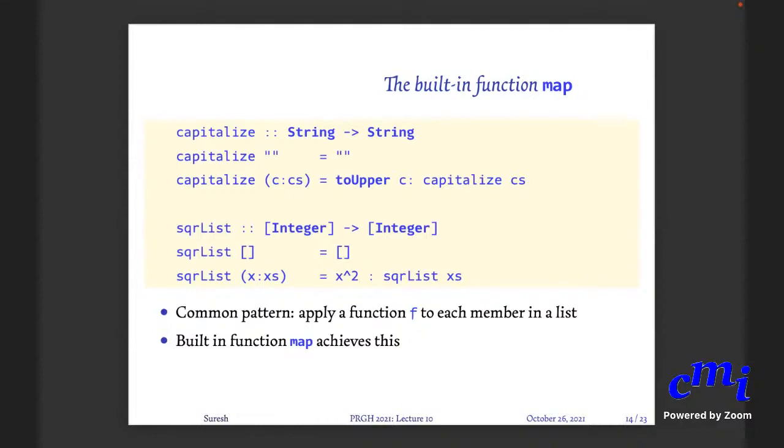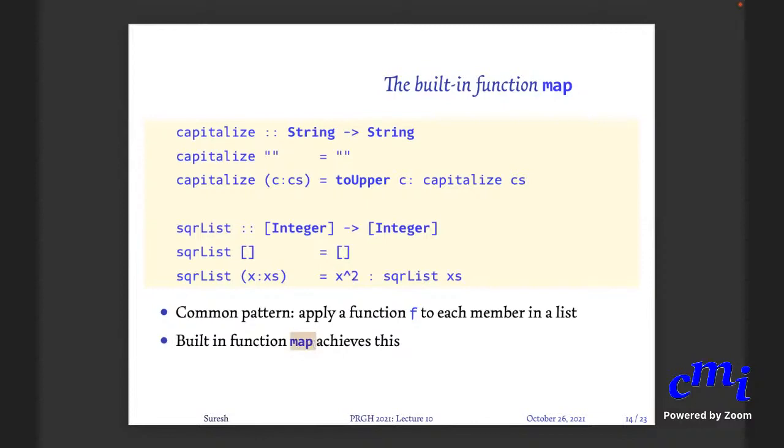recursion like this, because recursion is like programming at a very primitive level. You can write recursions, it is nice, but when you have a large program and you have a recursion in between, it might not reveal to you what precisely it is doing unless you read the code carefully. But this is a common enough pattern, and one way to express this same pattern is to use the so-called function map.